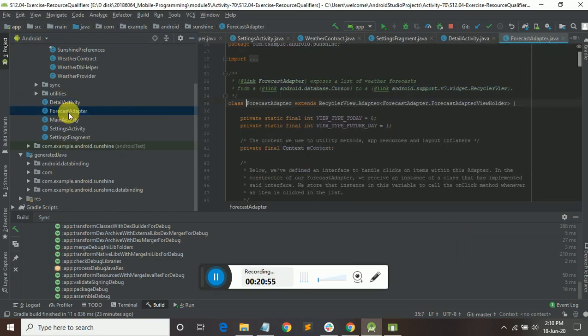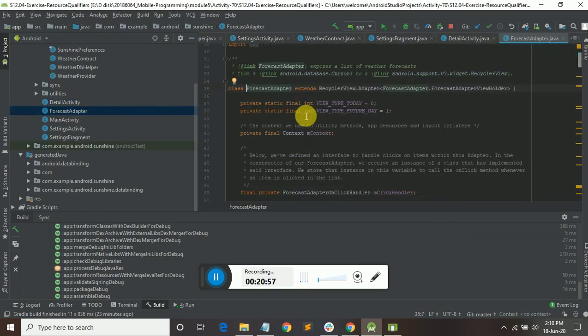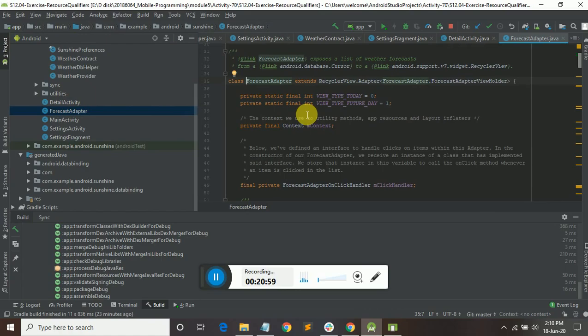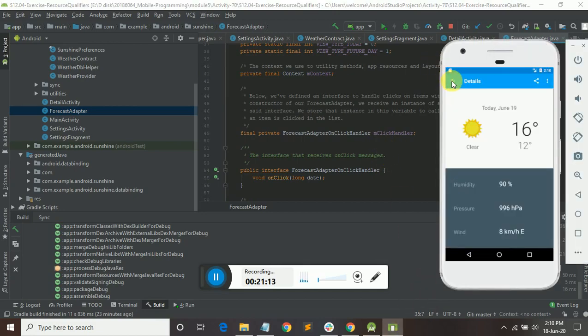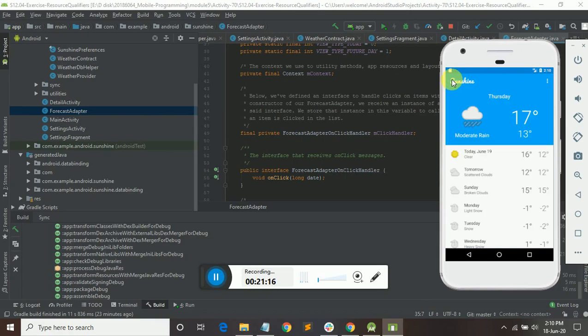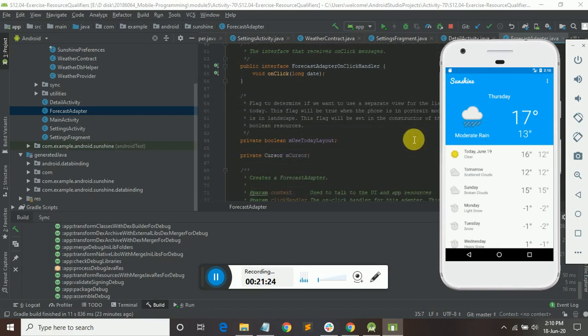And forecast adapter, in the sense like what different handles we need, what are the clicks, what are the items. Click handler, in the sense like while you are clicking any item, it should redirect to that other page. In that way we can say that.